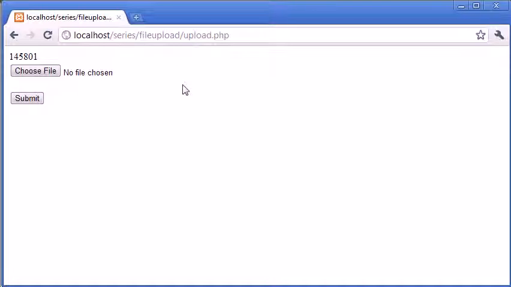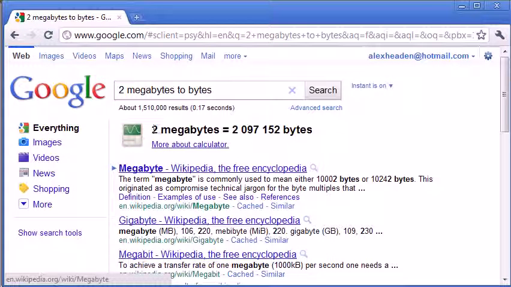Let's say we don't want an image file over 2 megabytes. So let's say we are going to stick with our 2 megabyte maximum allowed file size. The way we do this is we can easily work this out using Google. If I pull up this page here, you can see I've already typed 2 megabytes to bytes, and Google has automatically used the calculator to work this out for me. It's 2 million and so on. So if we just copy and paste this,